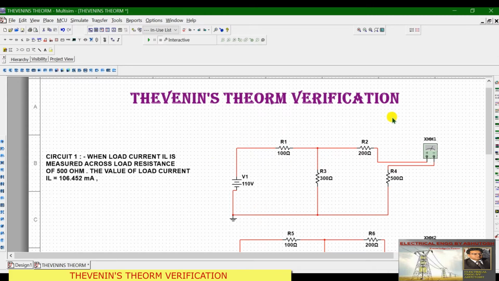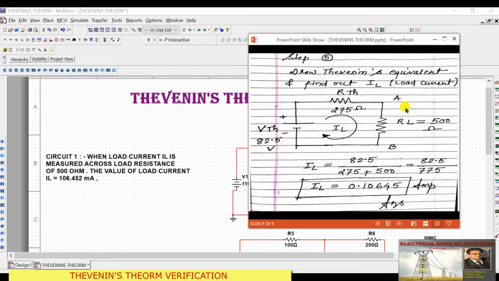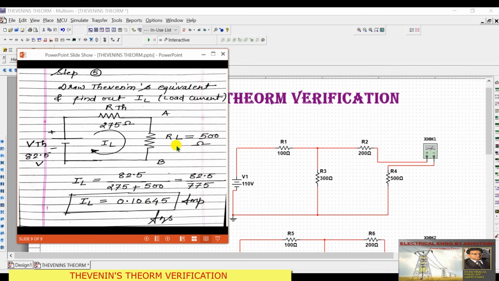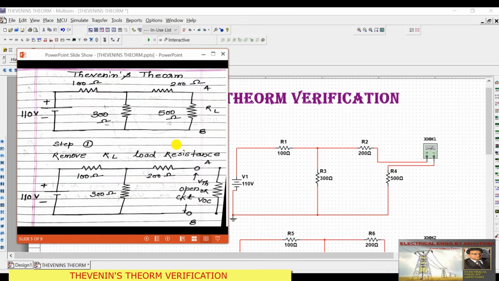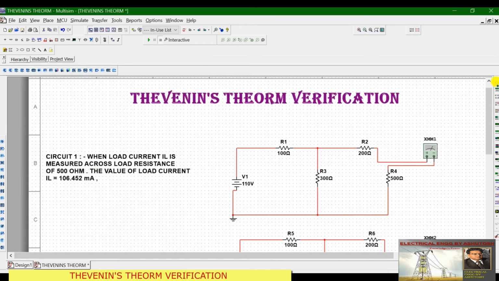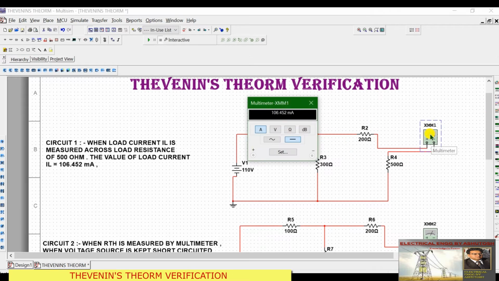have drawn over here. Okay, now we have to verify by connecting multimeters. That will work like voltmeter, ammeter and ohm meter. So first you can see here we are putting this PPT. Okay, now first I am minimizing this. So we have drawn this circuit and we have connected, this is our load current measurement.